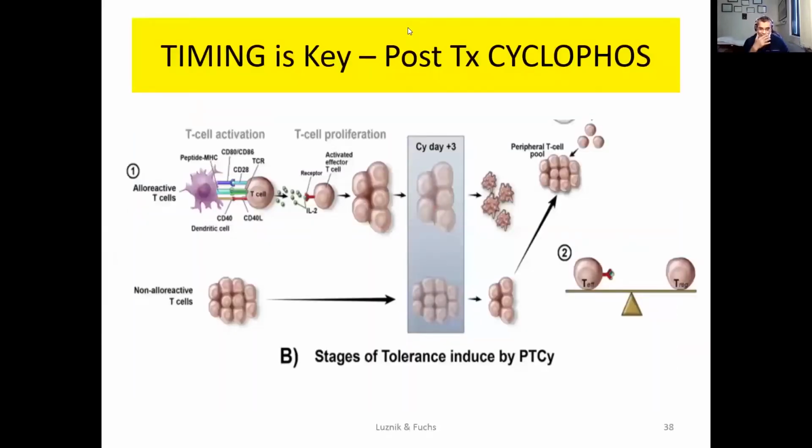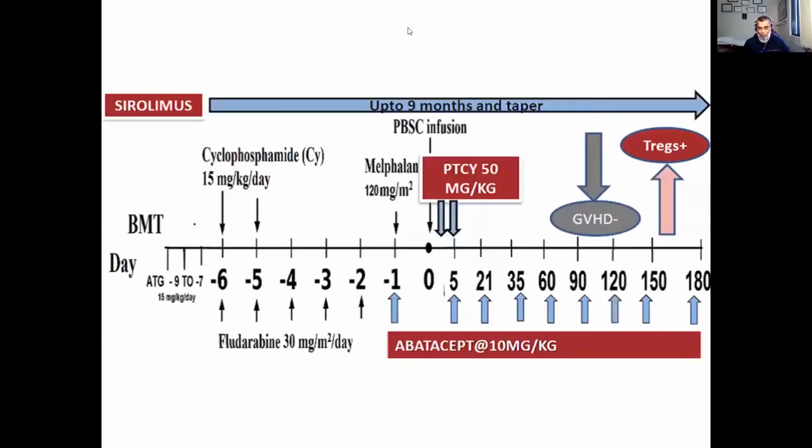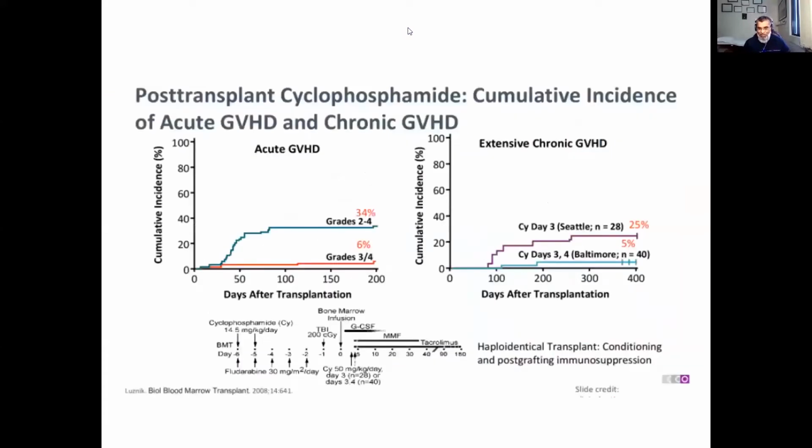So this was the ingenious approach by Luznik and Fuchs and colleagues at Johns Hopkins, where they studied mouse models and found out that the alloreactive T cells peak around day 3, 72 to 96 hours post allogeneic stem cell or bone marrow transplant. And if at that time you introduce cyclophosphamide, which is a cheap T cell toxin, you can inhibit the bad T cells more than the good T cells. And this is the post-Cy protocol we use on day 3, 4 after haplo and now increasingly matched sibling non-myeloablative transplants. And that has been shown to decrease GVHD